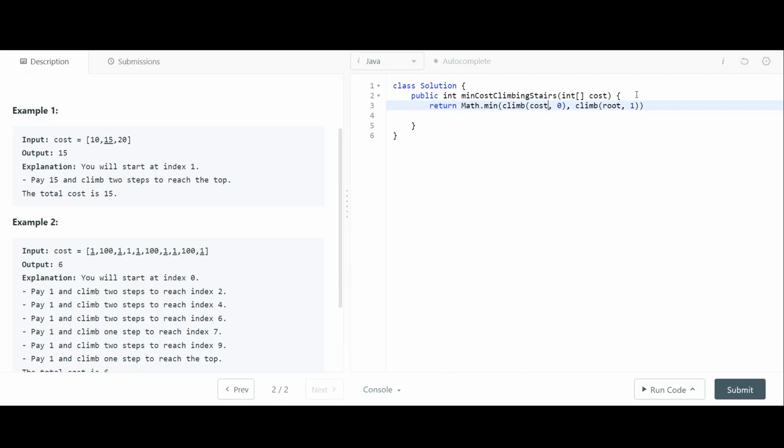You start either at index 0 or at index 1. So this is where you are, and so you go int climb, you pass cost and what index, and which index do you want to reach? If your